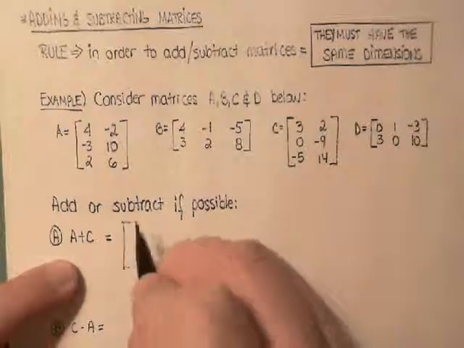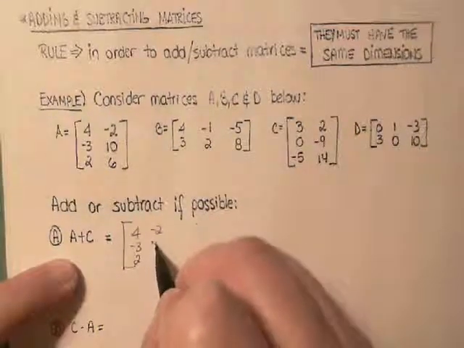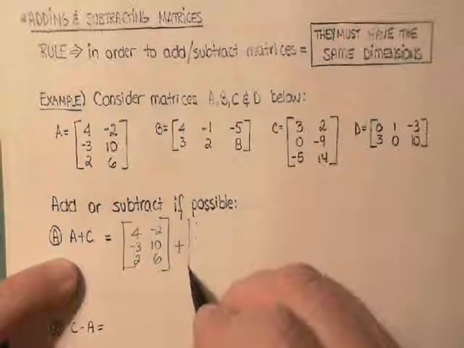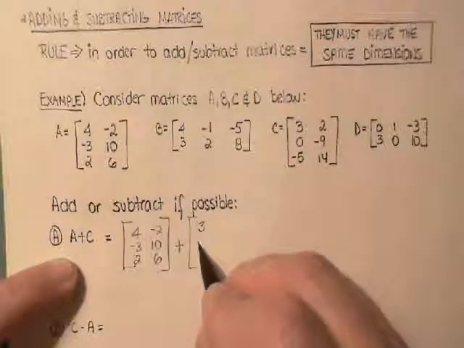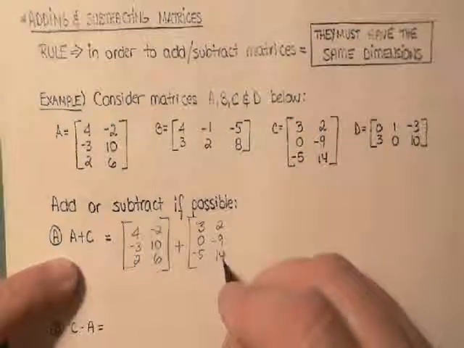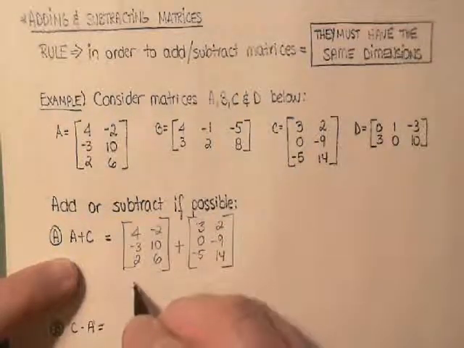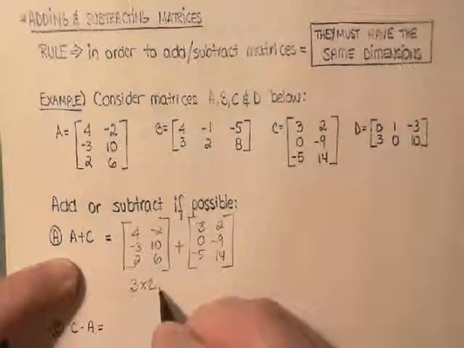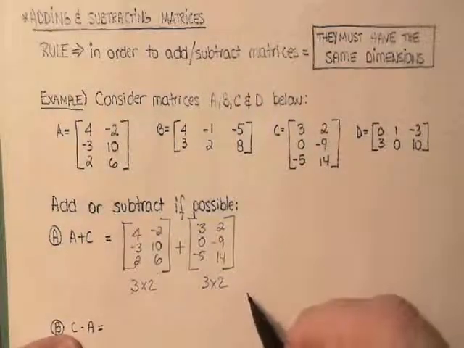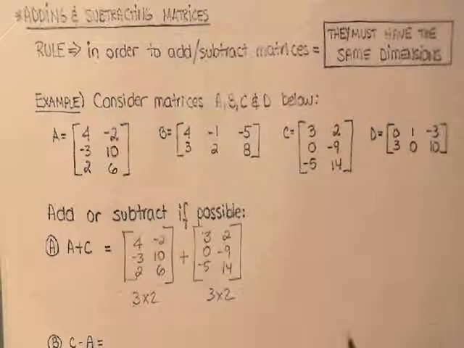So the first thing I do, I copy the matrix. So 4, -3, 2, -2, 10, 6, and I'm adding to matrix C: 3, 0, negative 5, 2, negative 9, 14. Basically, the first thing I need to check is if they have the same dimensions. So here I notice I have a 3 by 2, and this is a 3 by 2 matrix. So yes, I can add them, because according to the rule,